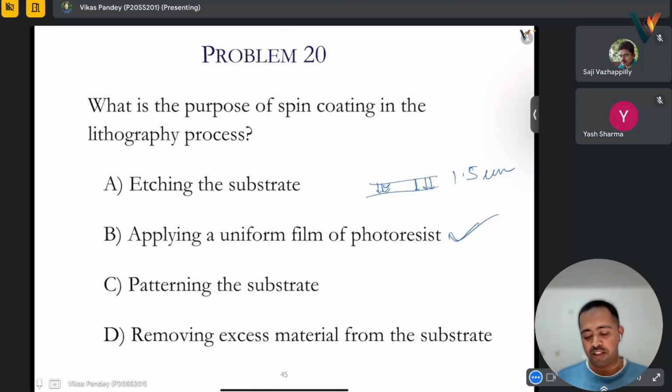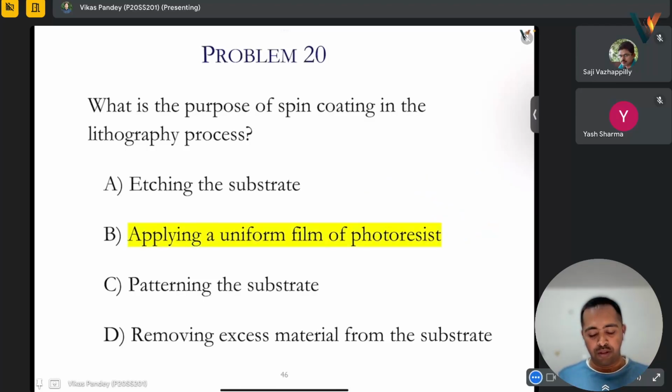In case we are not exposing it properly, a pattern like this will happen, so actually we will have photoresist throughout our surface. So this thickness and the dose have to be calibrated, properly optimized. So the purpose of spin coating is to apply a uniform film of photoresist. The rate will determine the thickness, right? The rate of spin will